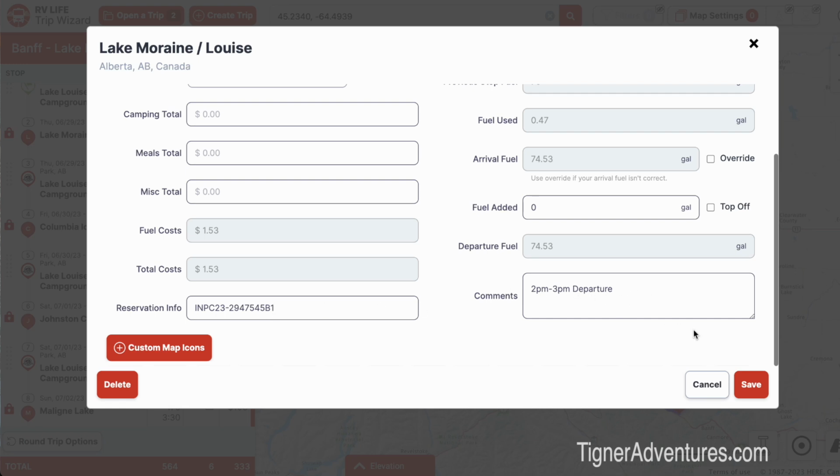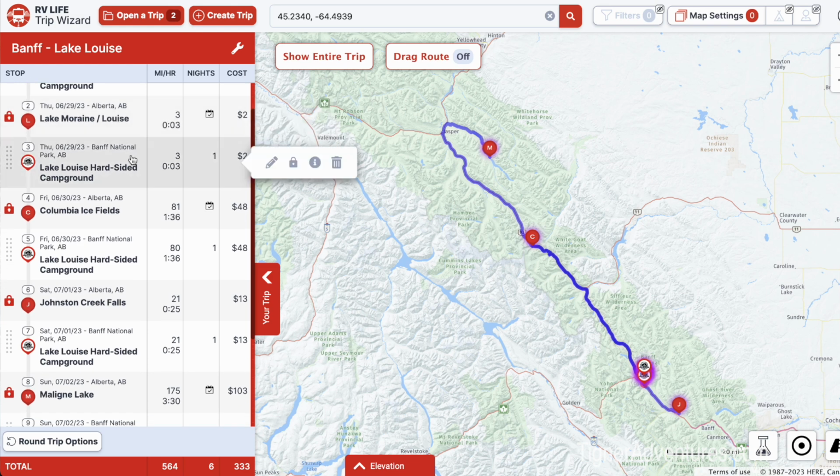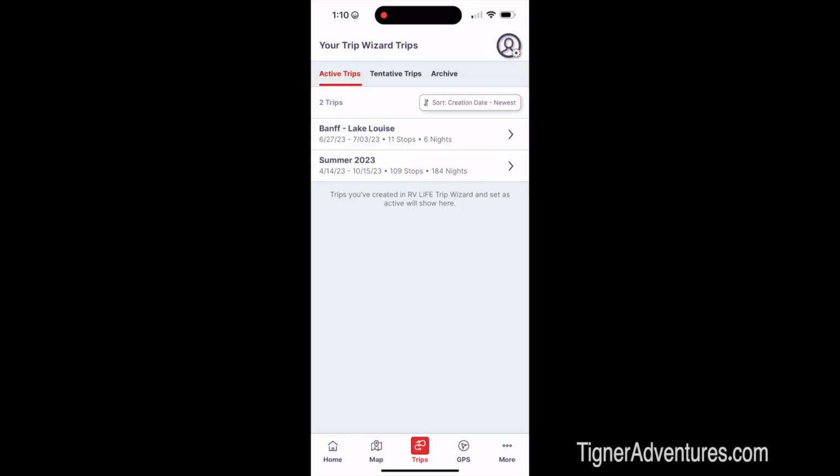So that's pretty cool. And then when I'm done with that, I come back to here. Well, the cool thing about that is I can now bring that up on my phone or tablet, whatever you're using for your routing. So you can bring up your trips right here. So you can see that this mimics what was in RV Trip Wizard on my laptop. And so I have my summer 2023 trip here for 184 nights, but now I have this 6-night stay at